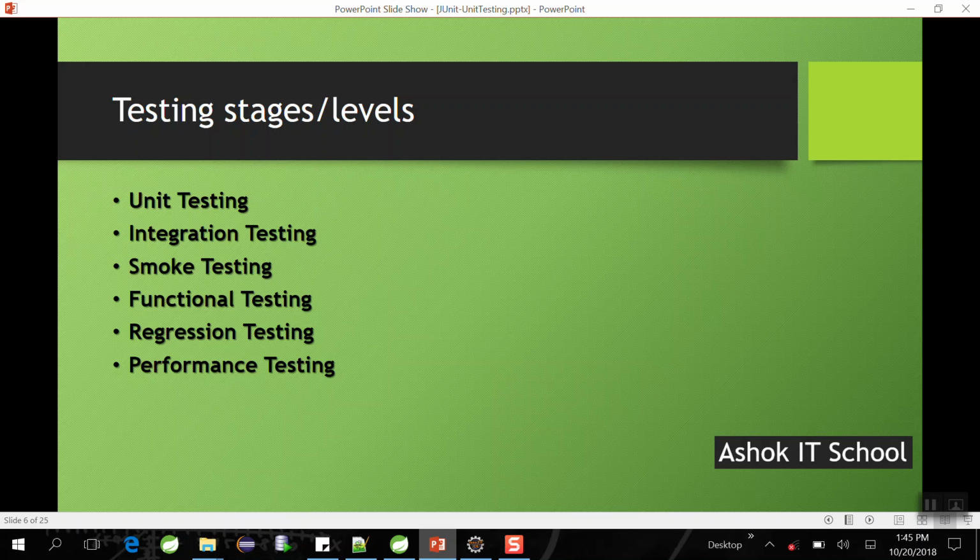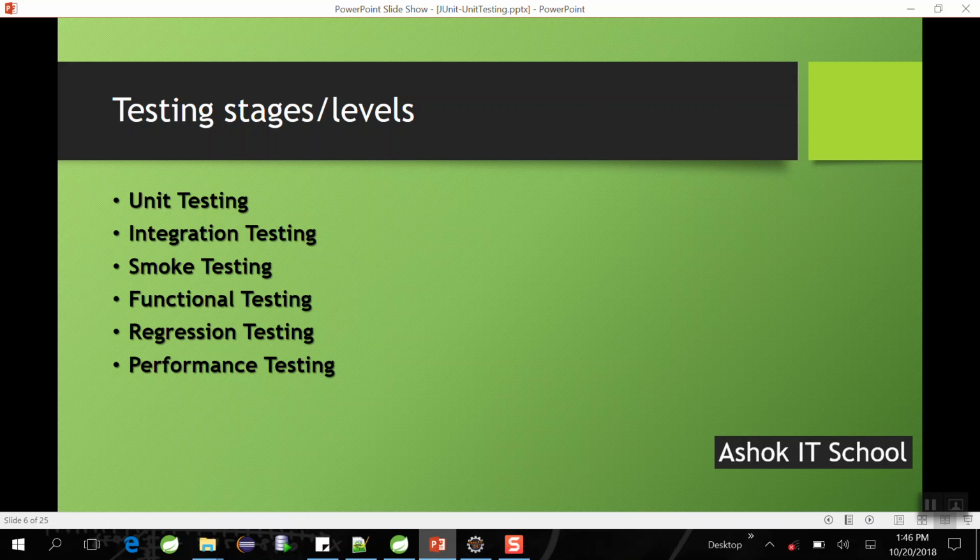Once they deploy that application into the testing environment, they don't directly execute the test cases. First they will check whether this application is in a testable state or not. That is called smoke testing. At a high level, they are going to check whether all the screens of the application are accessible or not. If all the screens are accessible, then they will say smoke testing is completed, the smoke test is passed, and we are going for functional testing. If any one of the screens is breaking, which is a main screen for application execution, then testers are going to stop the testing of that application, saying that it is a smoke test failure.